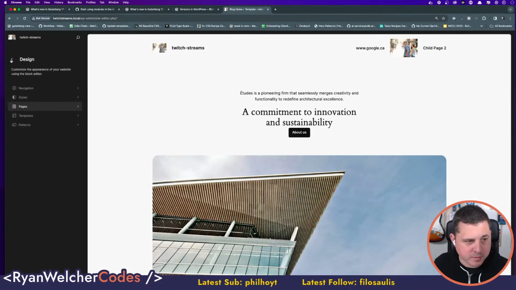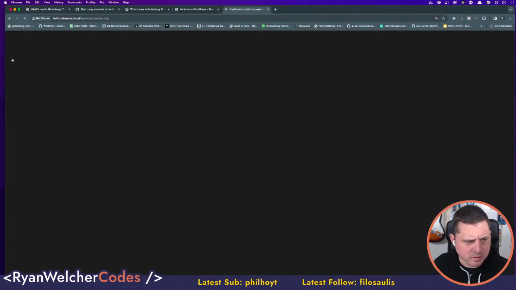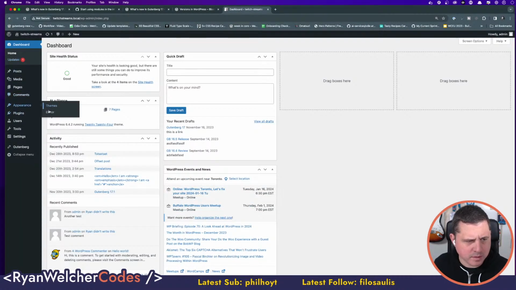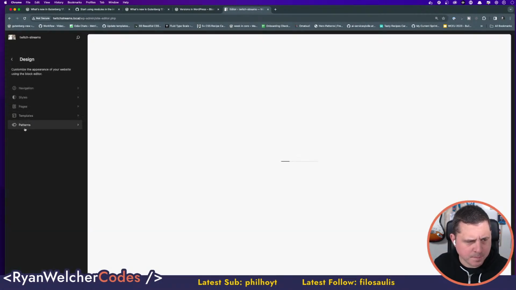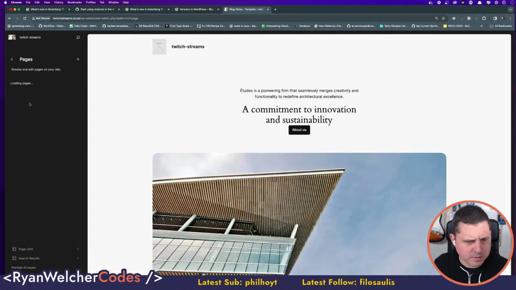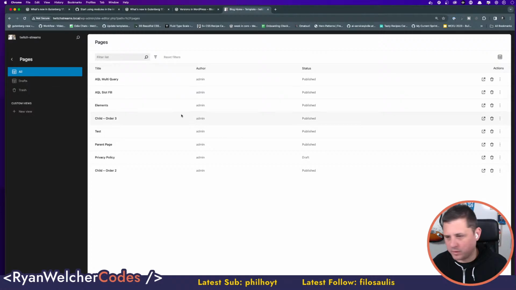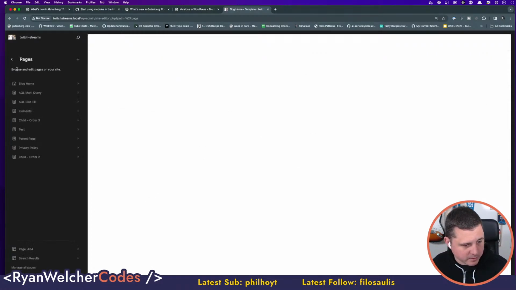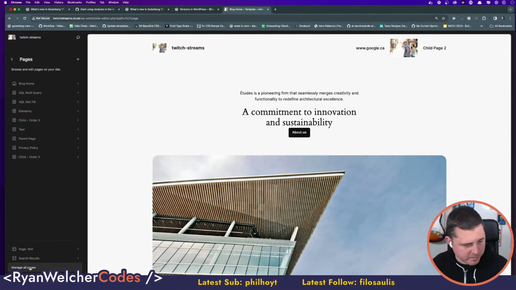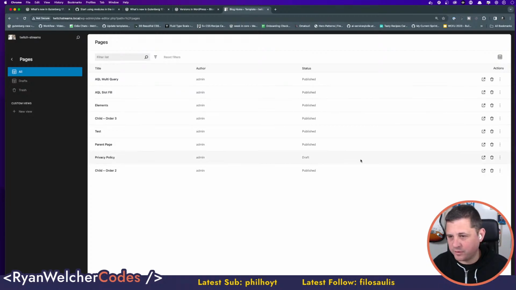No, not pages. Where can I go into there? I thought it was pages. Design. Oops. Appearance, Editor. Pages. Is it not pages? Manage all pages. That's what you do. Sorry, I don't know if you saw that or not. Let me click through again. So down here at the bottom, there's a Manage All Pages button. You click that, and this is the new data view.